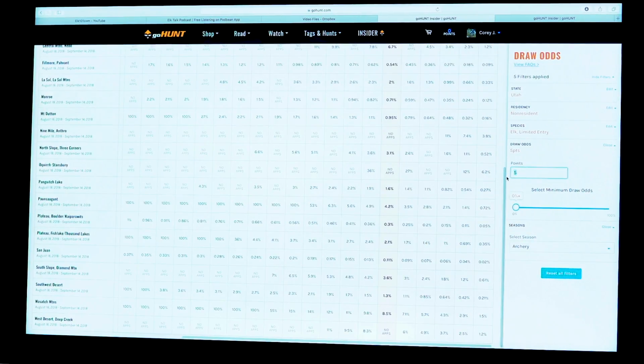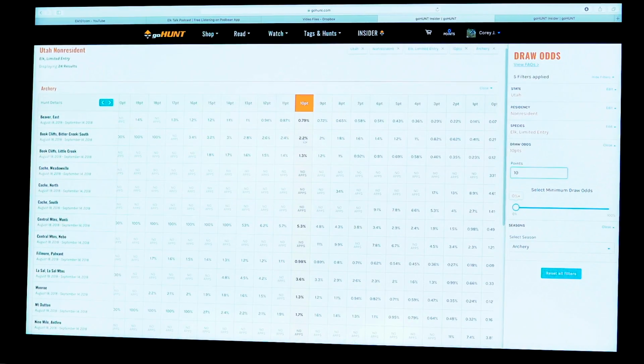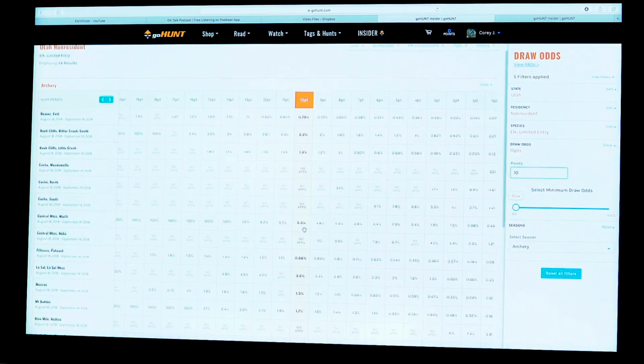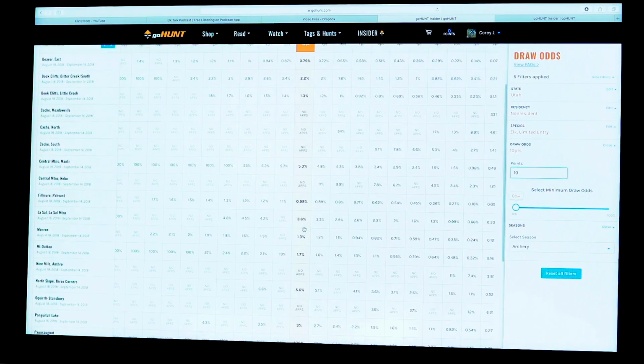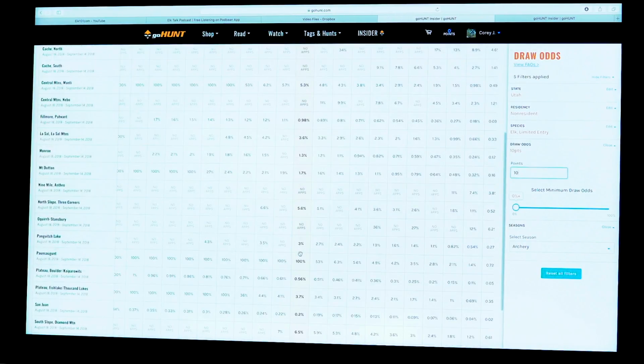And if I up that to 10 points, now we're on the 10-point line. And again, everything is low, 2% or lower. The Manti unit's at 5%. Everything else there is low. Three Corners, North Slopes at 5%. The Paunsaugunt,